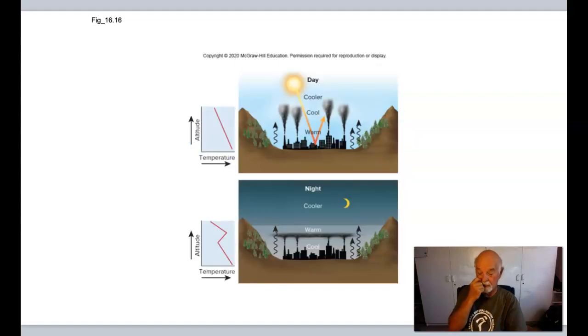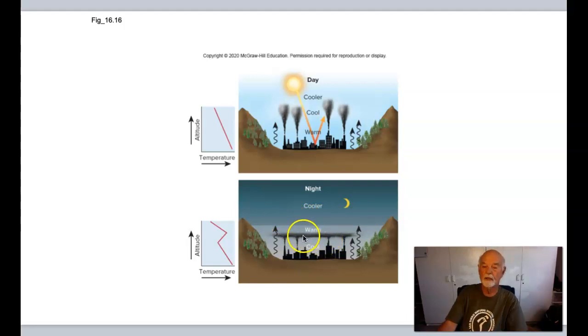Of course, this is the idea of the inversion, where you see this temperature change. Normally, as you go up in altitude, it gets colder, but you see here what's happening is that it gets colder to a point and then actually warms up. That's this transition area right in here, and then it continues to cool above that. And this creates kind of a blanket, a lid kind of effect that can trap